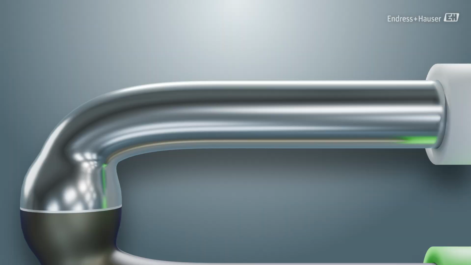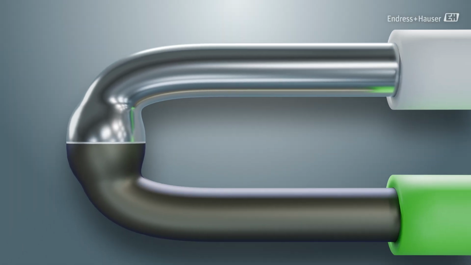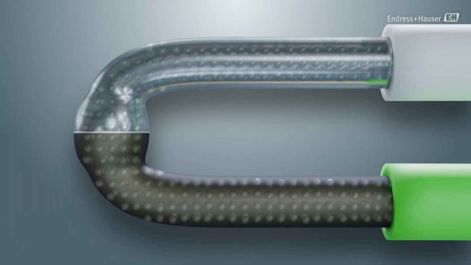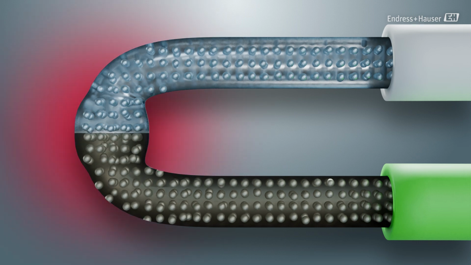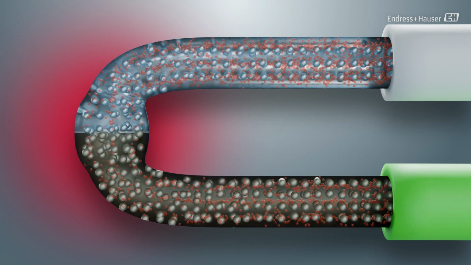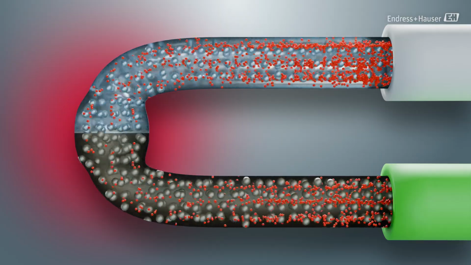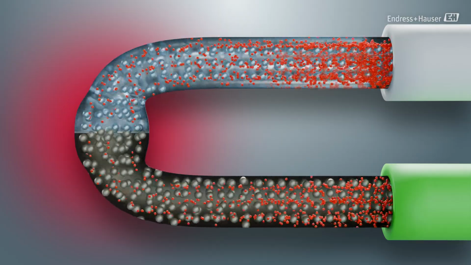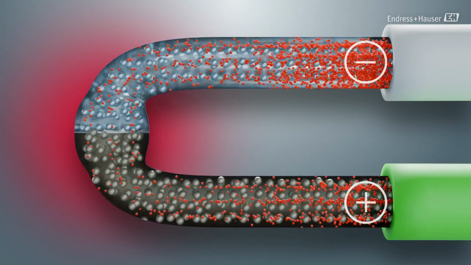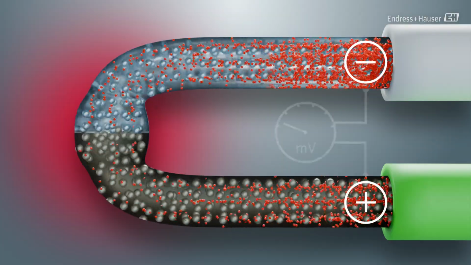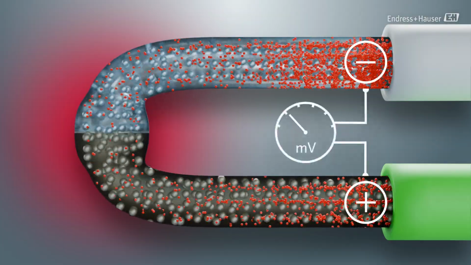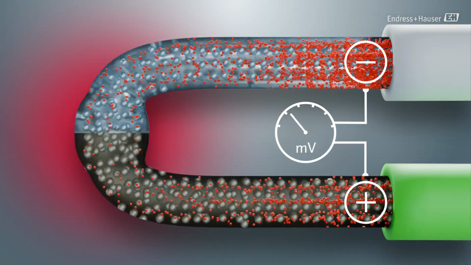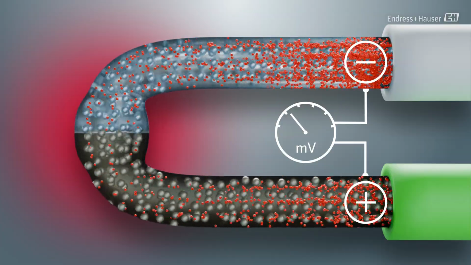Let's look at why two dissimilar metals are needed to form a thermocouple. Each metal has a unique electron density and responds differently to heat. When the hot junction is exposed to a heat source, electrons in each metal gain energy differently due to their distinct physical properties. At the cold junction, this imbalance creates a voltage difference between the two wires. One becomes slightly more negatively charged than the other, and this voltage is what we measure.